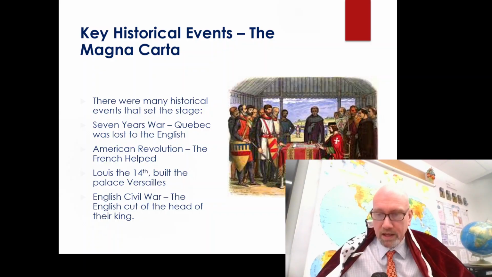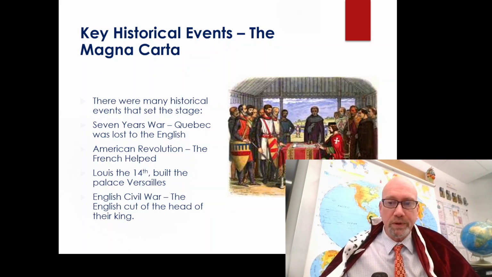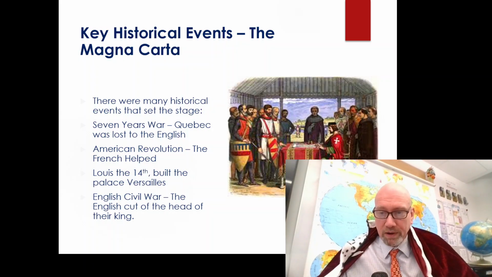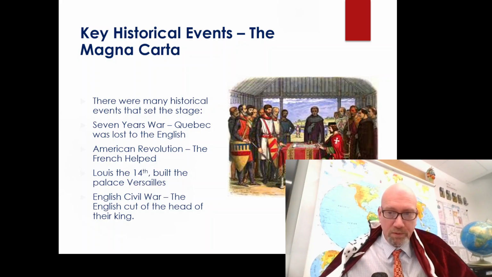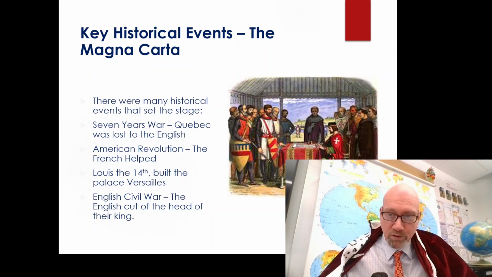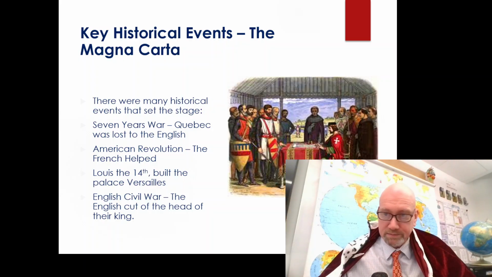Why is the Magna Carta a cause of the French Revolution? Not directly, but it's more of an inspirational idea out there, where a neighboring country, the English, have come up with this idea in Great Britain of limiting the power of the monarch. They've had some revolutions up there, civil wars in England. And therefore, this is a precedent of an idea that it's possible to have a constitutional monarchy. And so some people in France would be aware of this idea and also want this for the country of France.